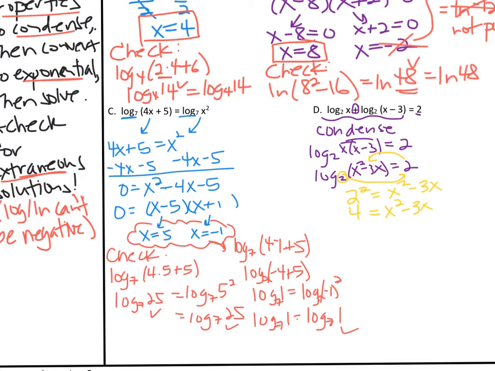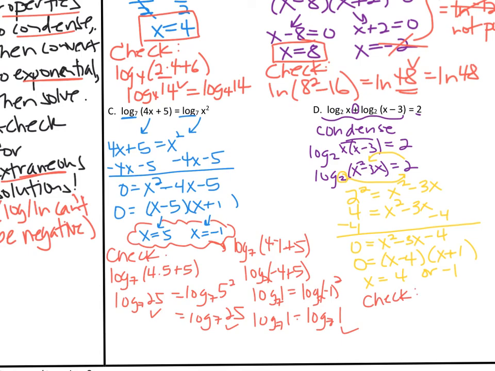And now it's quadratic again. I'm going to move 4 over, and then hopefully this factors. 0 equals x squared minus 3x minus 4. This will factor into, what, x minus 4 and x plus 1? I think that works. And our two choices for x would be positive 4 or negative 1. Now, if we check both of those,